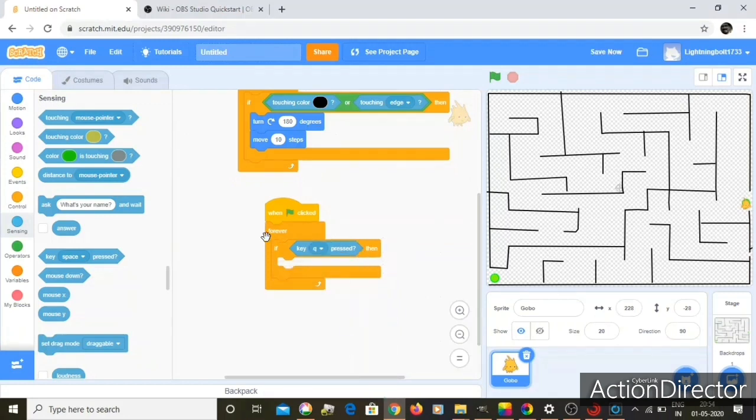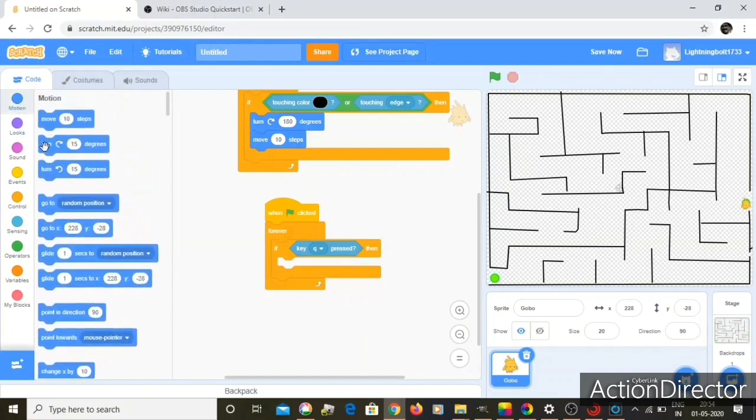key Q pressed, then we want it to motion, turn, sorry, not turn, point in direction left. So it's -90, which means it will point to the left, and then it will only point. We don't want it to move, so let's take a move. Move 3 steps should actually be fine. So a move 3 steps,